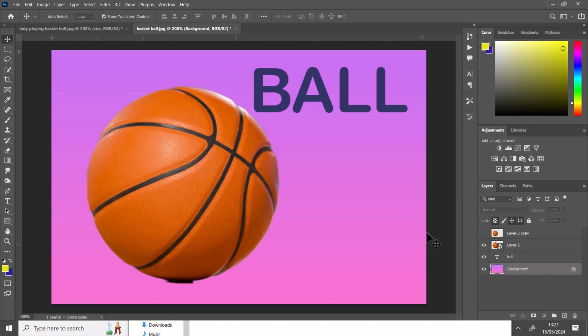So now I'm going to be working with this basketball. This is an image, all right? And I've explained that for every image you work with, it's best you convert it into a smart object,